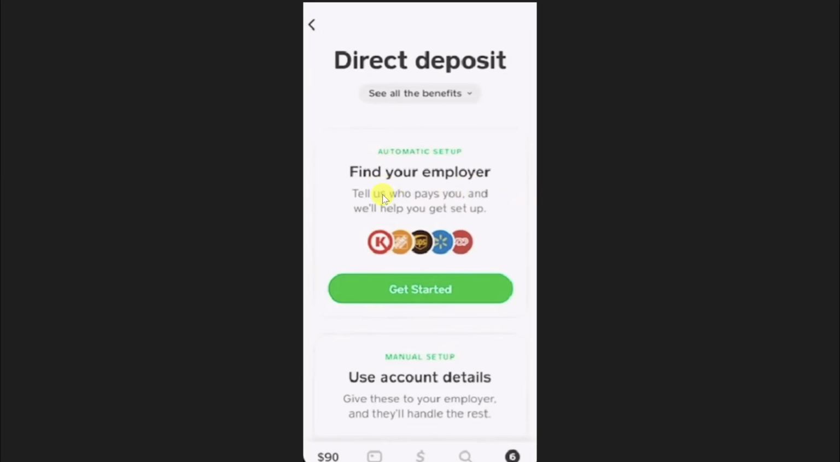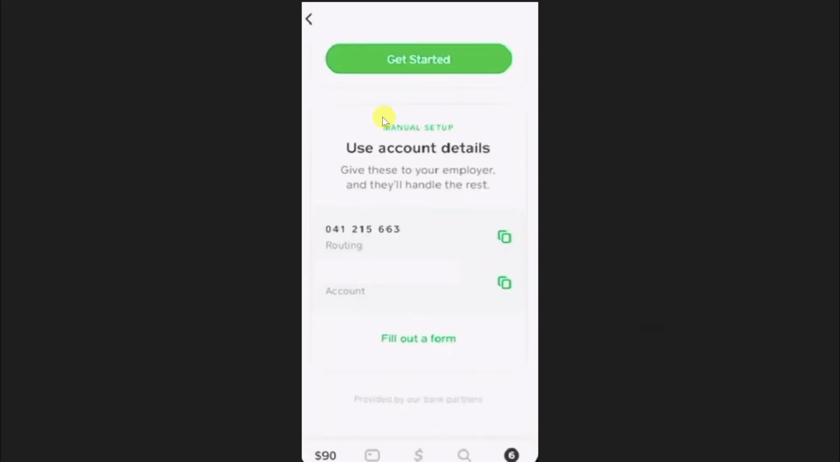First is that you can find your employer, or the second thing you can do is use your account details. So to connect our Earnin app to Cash App, we need to use account details. So simply scroll down and then you will see the account number and routing number. So simply copy both of these numbers, and once you have copied, simply open up your Earnin app and then